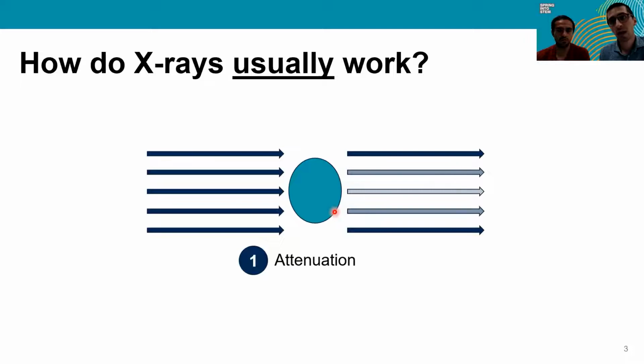However, there are some cases where this doesn't work so well. For example, with soft tissue, with biological tissue, like let's say breast tissue and cancer, and let's say breast tumors in healthy tissue. It's sometimes hard with attenuation to tell the difference between a tumor, for example, and healthy tissue. So we can start looking into other things that happen when X-rays go through matter in order to get better images of things like soft tissue.